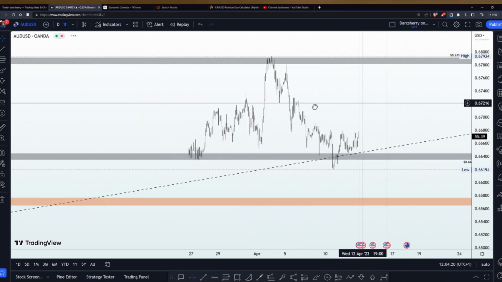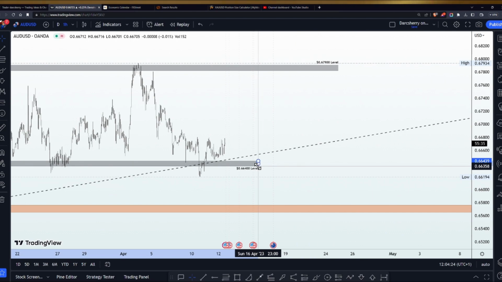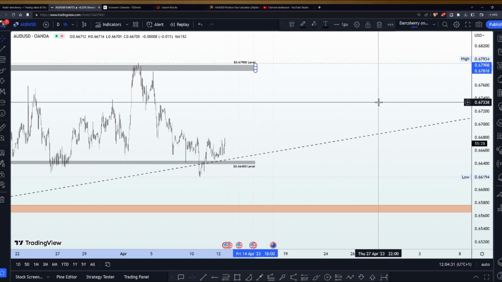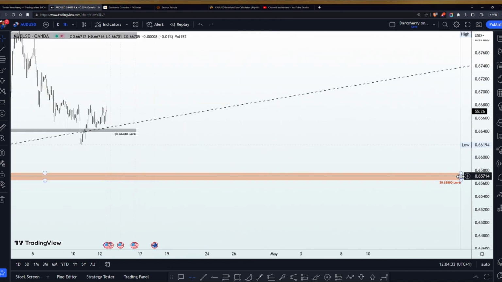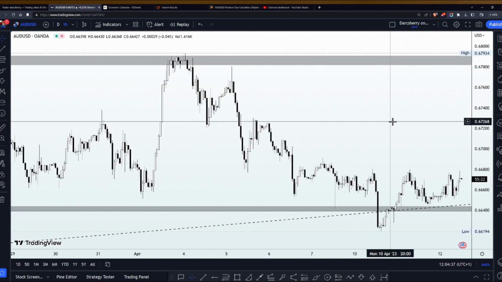So I would like to bring all this one into our view here, 0.6400 level. Okay, so we bring this one in, and then we also bring this one in as well so that we can all see what we are talking about. So this is the 1 hour time frame here,